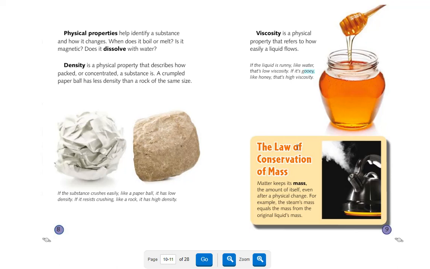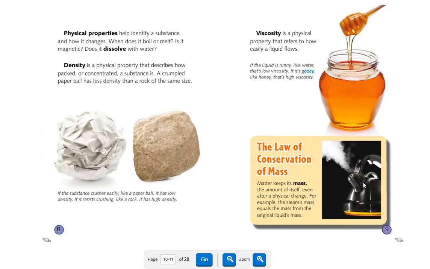Another very important law we have here is the law of conservation of mass. All matter keeps its mass, which is the amount of itself or the amount of particles it has, even after a physical change. For example, the steam's mass equals the mass of the original liquid's mass. So if you have a bunch of water in a kettle and then you heat it up so that it becomes steam, the total mass of the steam is going to be equal to the amount of water that was